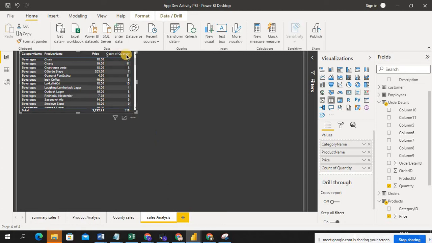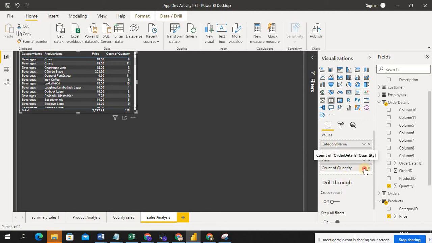The quantity, you should make a count. So if you want to count unique, piece level, you have to count. If you want sum, like transaction details, you have to do sum. So the default aggregation, when you drag and drop the field into table format, will take sum.